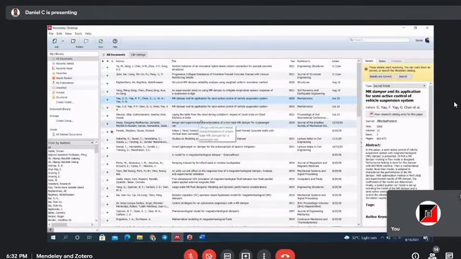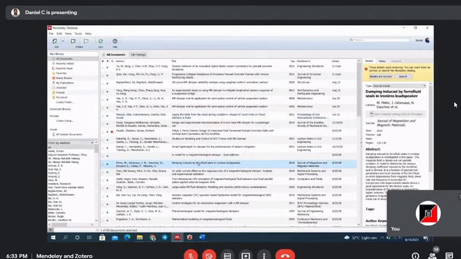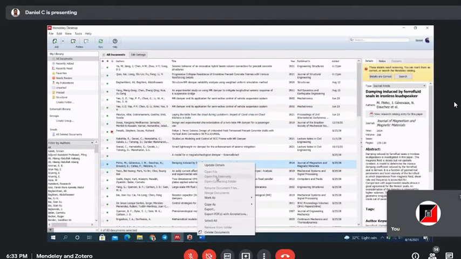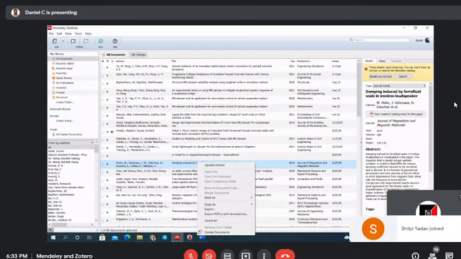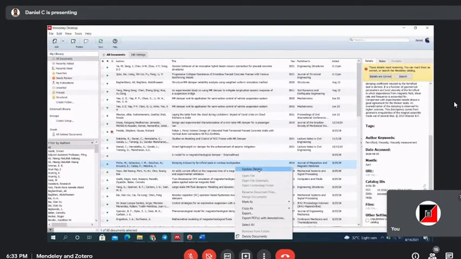You can right click any article, any journal article. Here you can find all the information about the journal article. It tags all the information, DOI number, ISSN number, and if you want to update a few details, you can update them, or if you want to mark it as read, unread, favorite, whatever sections you want, you can do it.